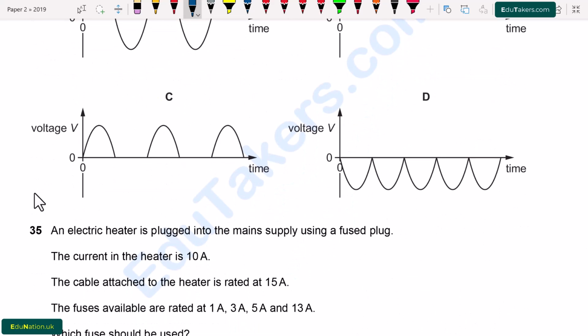Option C. Here we can see that first of all the diode conducts, which is shown by this shape. After that there is reverse biasing and there is no current passing through the circuit. So this option is correct, which shows that every first half of the cycle there is voltage across resistor R and every second half of the cycle there is no voltage across the resistor R. So option C is correct.